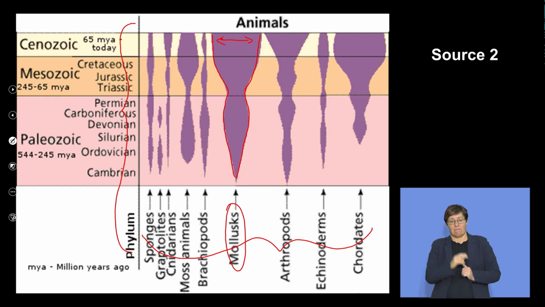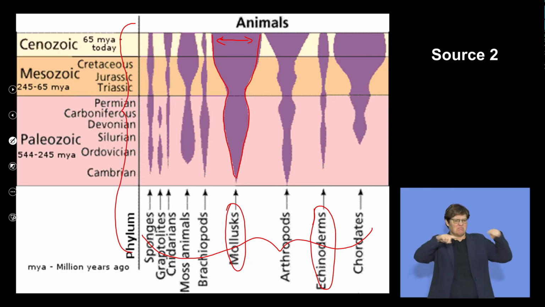If we have a look here, echinoderms, those are sea urchins, and there are not a lot of different types of that. Okay, so it's looking at how many animals of each different type existed. And as you'll notice, as we go up the geological time scale, the size of the bars changes. Okay, and one of the biggest changes in the size of the bars occurs here at the end of the